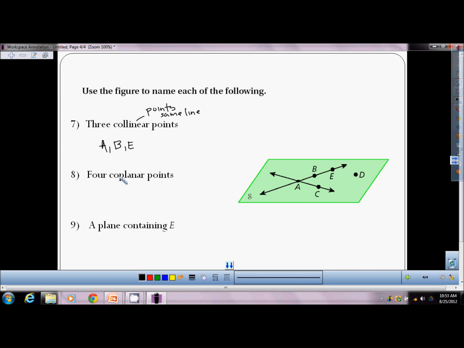Number 8, name 4 coplanar points. Coplanar, if you remember, are points that are on the same plane. Well, all of these points are on the same plane, so I can name any 4 of them. We've got point A, point B, point C, and point D. Remember, it's points on the same plane, so it doesn't matter that D is not on the line. Number 9, a plane containing E. Well, this plane right here is containing all the points, and E is on it, and the name of this plane